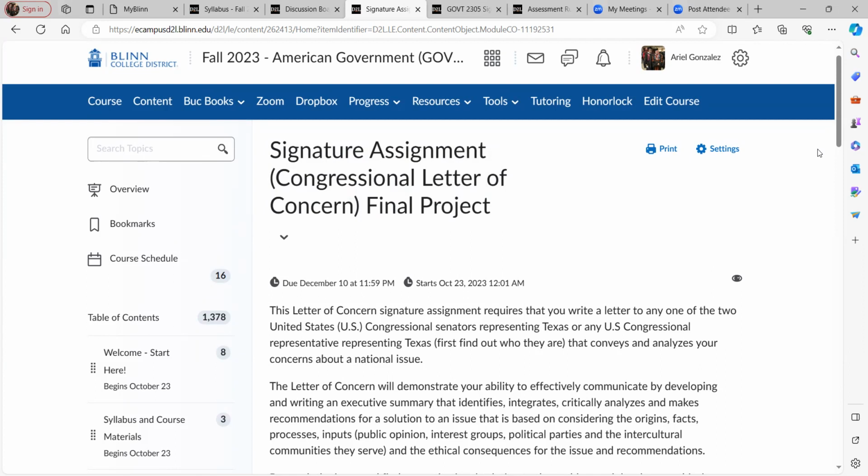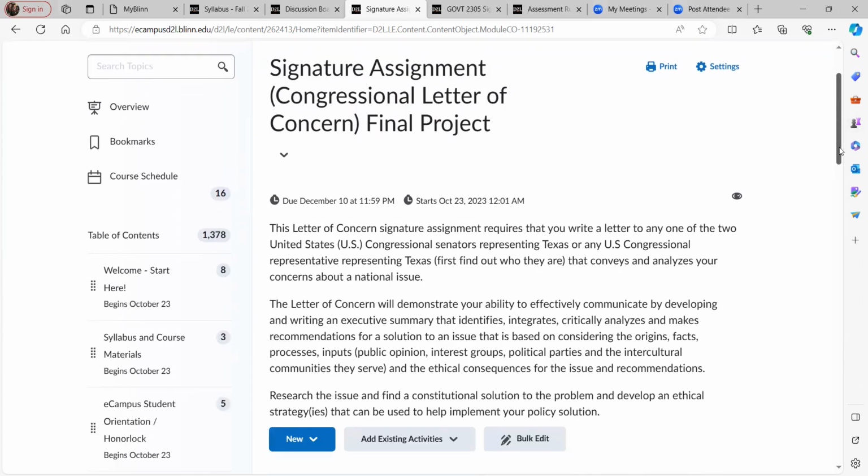So with that being said, let's go ahead and continue. The letter of concern signature assignment requires that you write a letter to any one of the two United States senators representing Texas, or any U.S. congressional representative representing Texas. I know it's a bit of a tongue twister, repetitive in the way it's worded. I probably should redo that wording a little better. Basically, the first thing you're going to do with this assignment is select